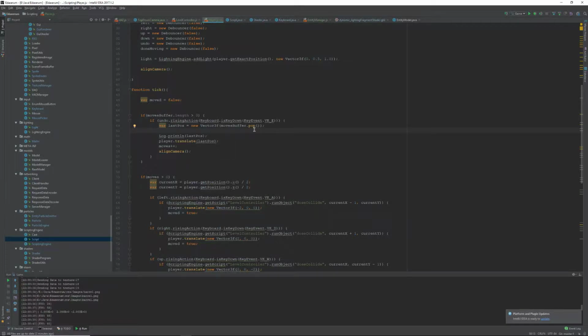The difference between this position dot sub the last position, the current position, I think is what I want. Player dot player dot get position. Okay, so this should be the delta between where it was before and where it is now, but